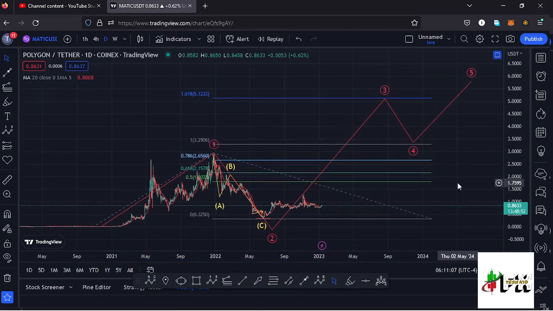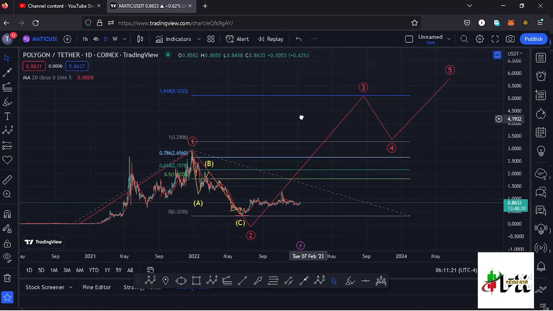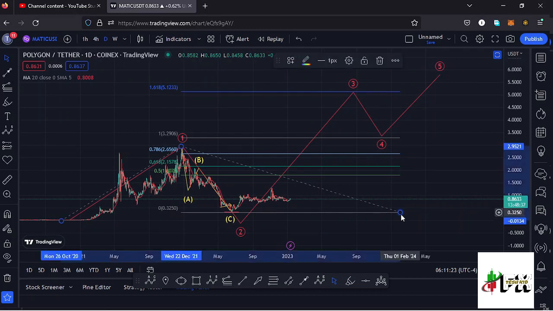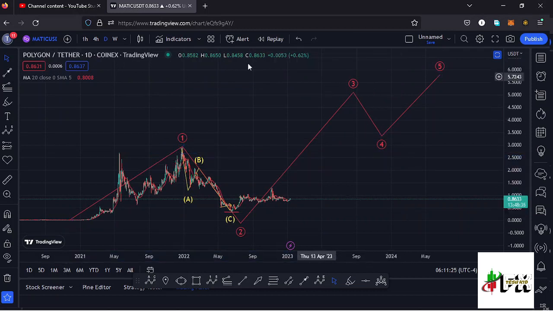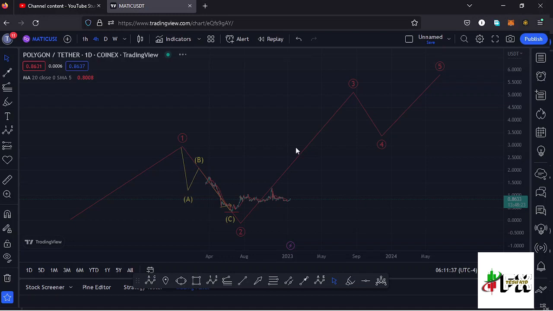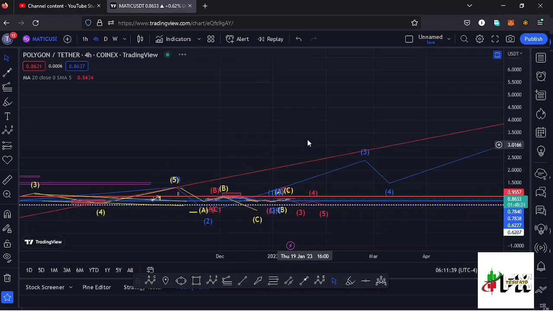That gives me a minimum target area at the fib level 1.618, which perfectly lies at around the $5.1233 mark, and that is the minimum that I would expect Polygon Matic to do in the formation of that wave 3. And jumping to the 4-hour chart for further analysis, here on the 4-hour chart you can see I